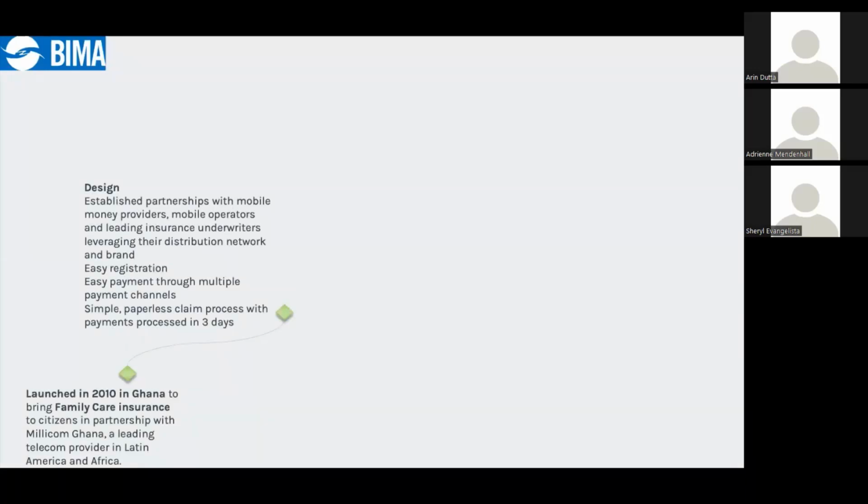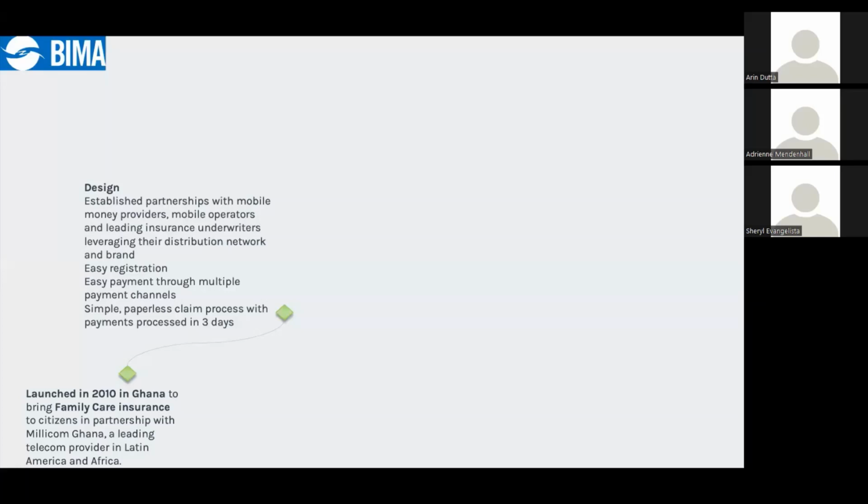So as they combine the microinsurance and the telehealth services, they've been able to establish partnerships that allow for very easy registration and payments by integrating mobile financial services and other payment channels and allowing